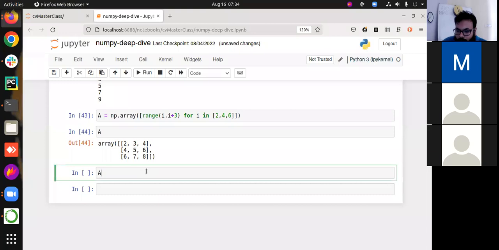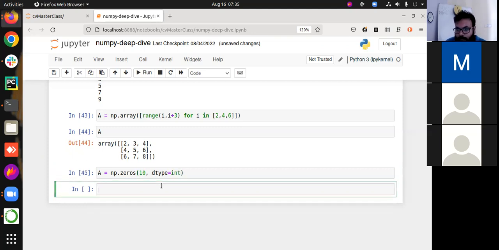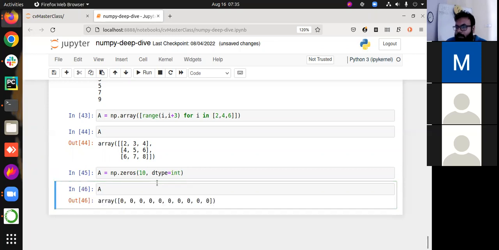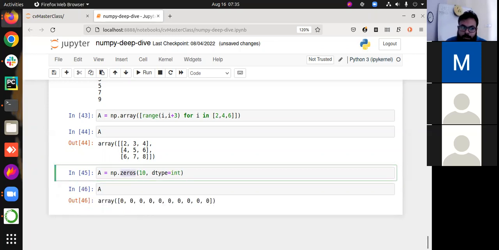If you want a NumPy array with 10 elements, and all of them are zeros, you can use zeros. If you want to use ones,